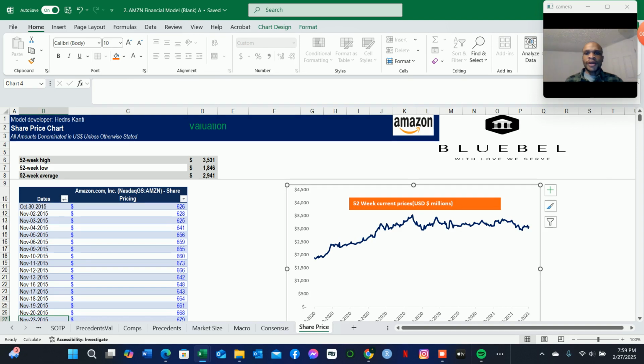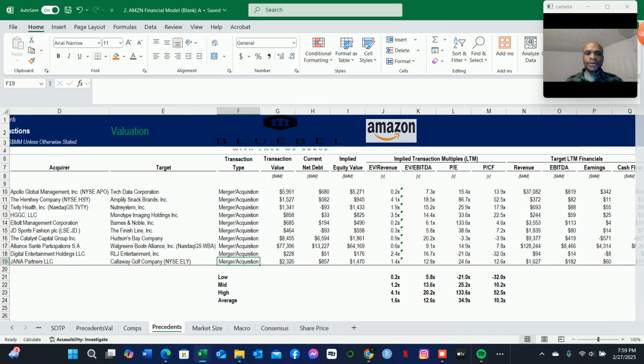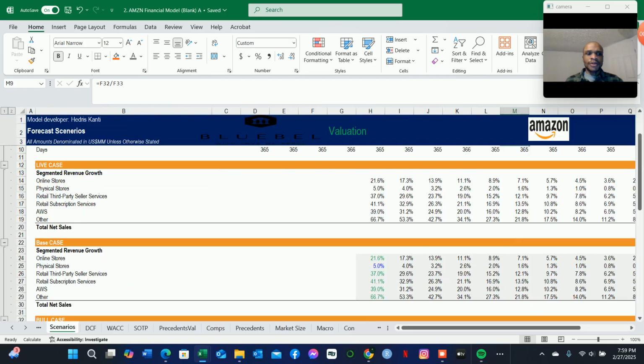So we're going to be determining the market capitalization based on Amazon's fully diluted shares outstanding. Then we will later on add the net debt to come up with the implied equity value based on these two secondary valuation measures for the value of Amazon. So let us go to our summary